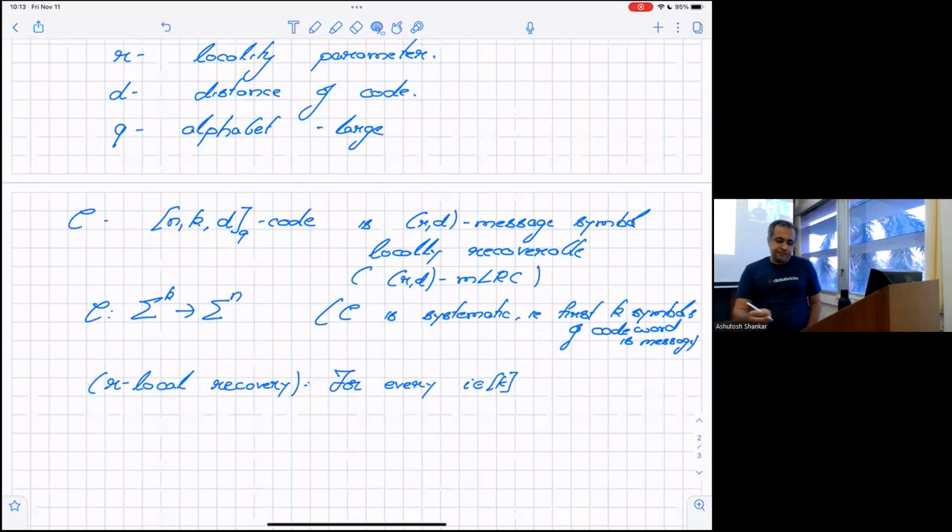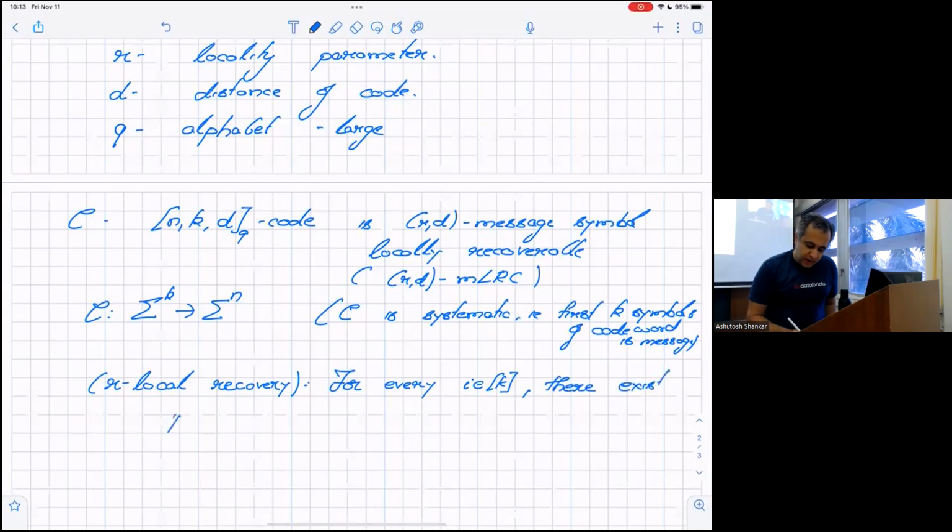There exists a set Ri. These are the other locations you would access in order to recover i. In particular, these should be a fraction of n, and it should not contain i, such that